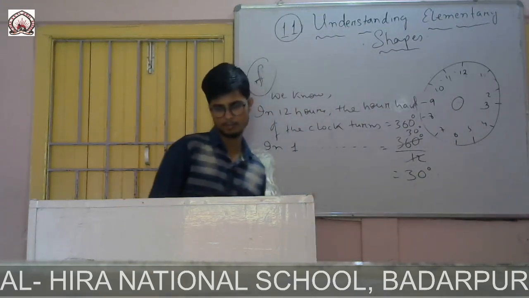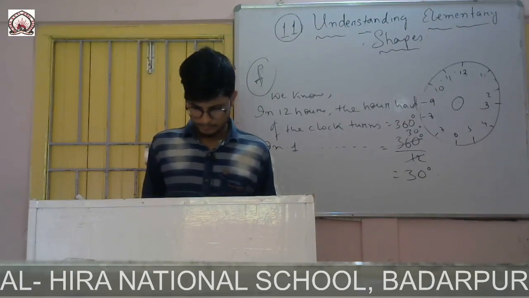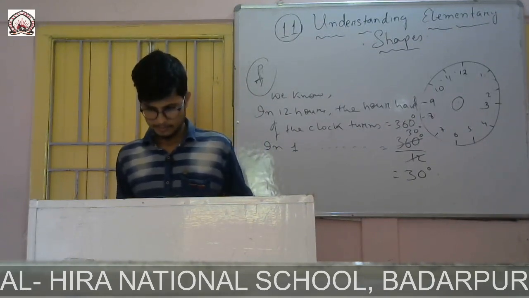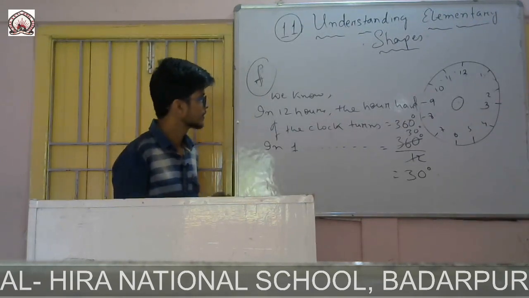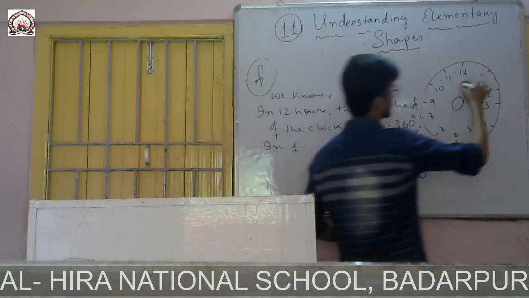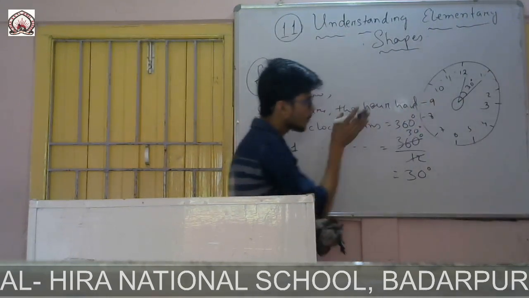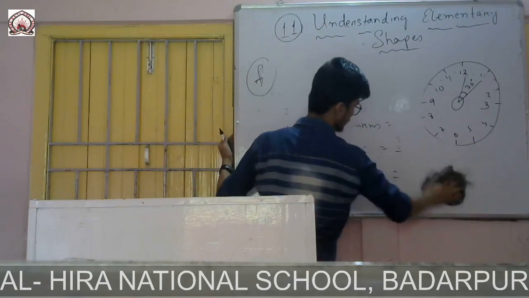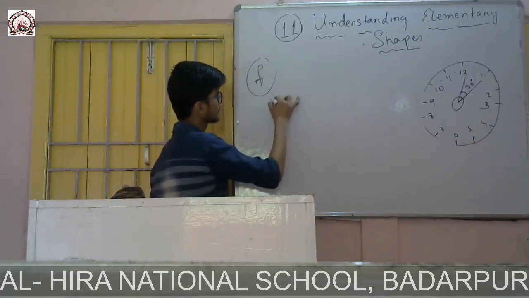Now we will find one by one. Now it is option F1 you see. It is given to find for 1 minute. Up to this much it is finished. We know that for 1 hour movement it will be 30 degree. It is equal to 30 degree. So now we will find one by one. Roman number F, Roman number 1.